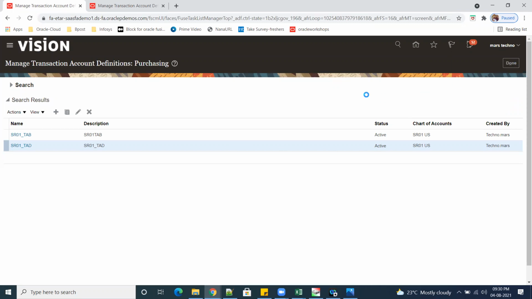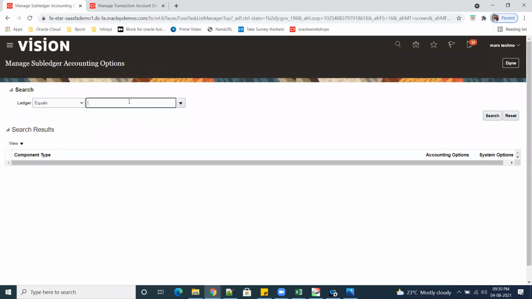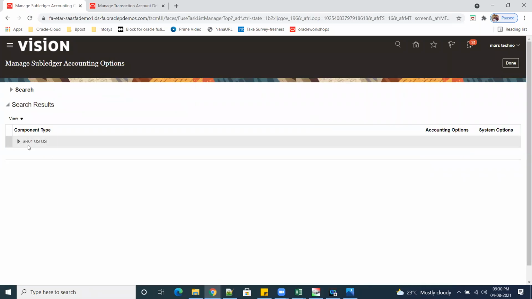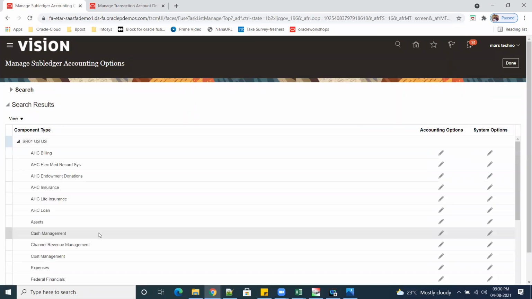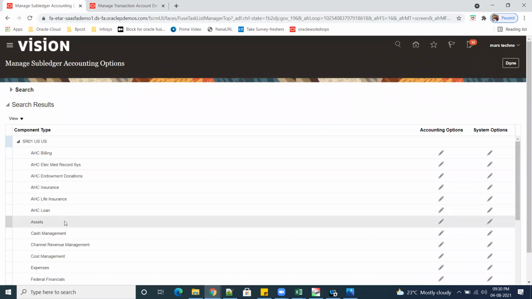Now after that, subledger accounting options. It is SLA. It is so many things, sir. If you click on search, there are all billing, insurance, life, loan, assets, cash management. So each and every area we have accounts.